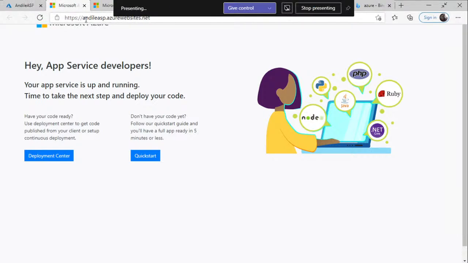And there you go, Andile ASP, AzureWebsites.net, and you can actually see, oh, all right, so that's what the website looks like, right? And essentially, it's allowing me to then say, great, I now have this thing. How can I actually change it?